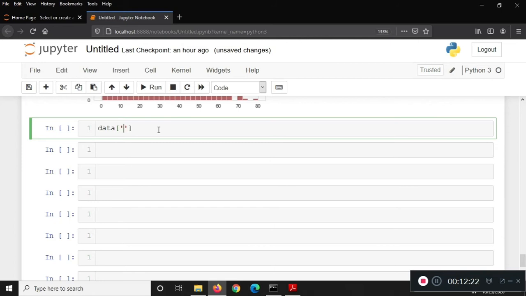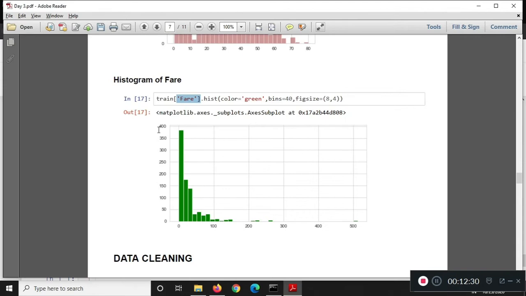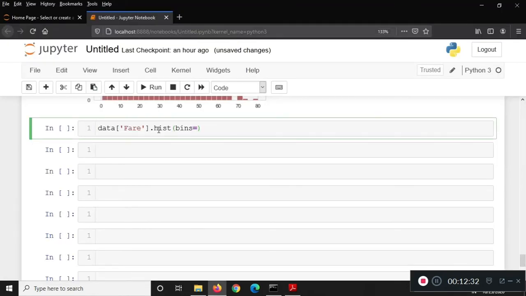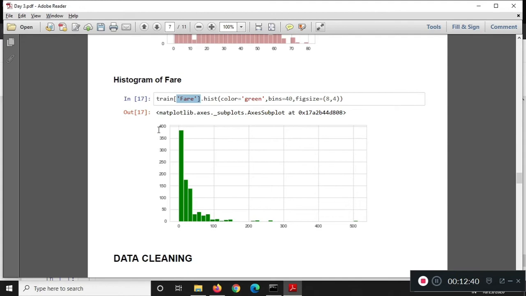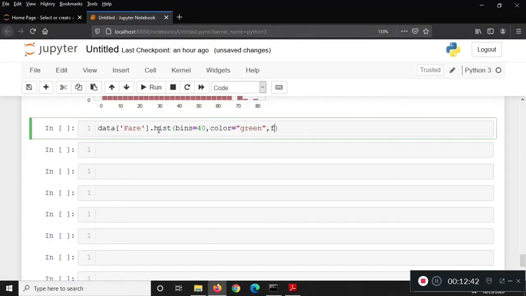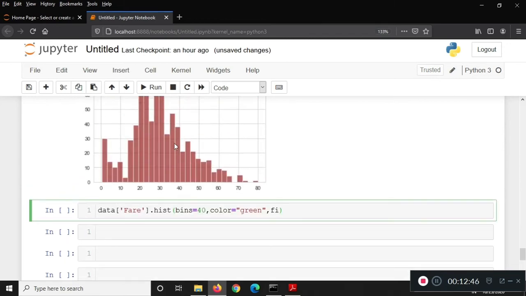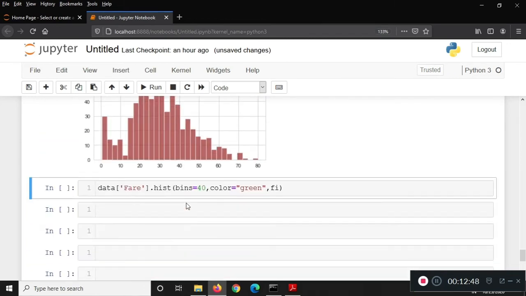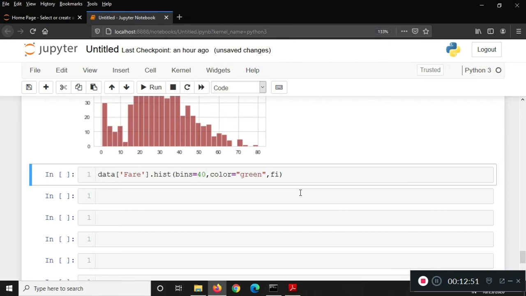What column? Fare column, right? Want to plot a histogram, and let's say bins equals to what? 40. Color, let's say green. And figure size, how big you want your figure. Figure means this plot, this canvas, how big you want. So figsize,